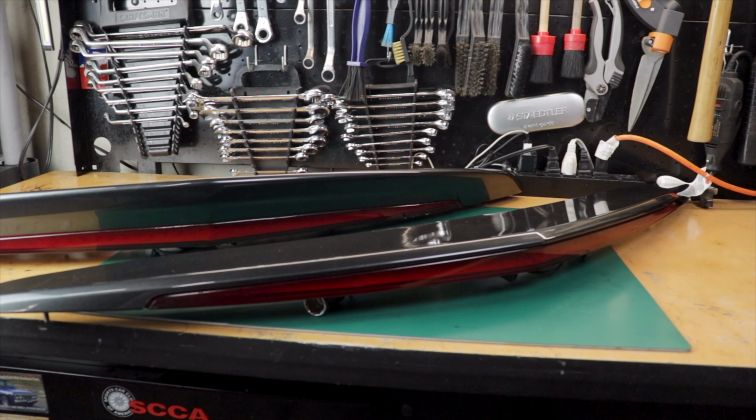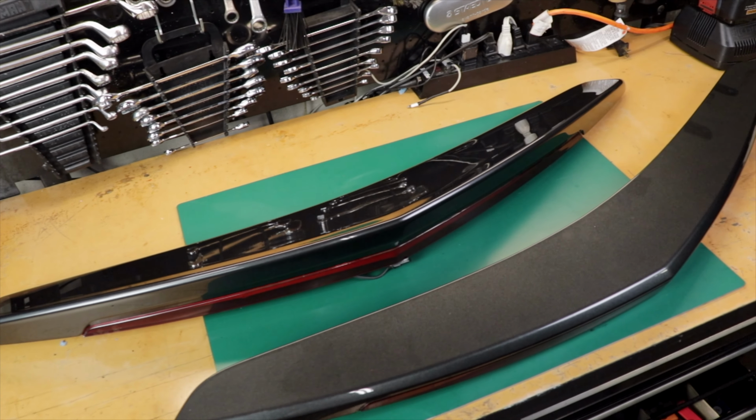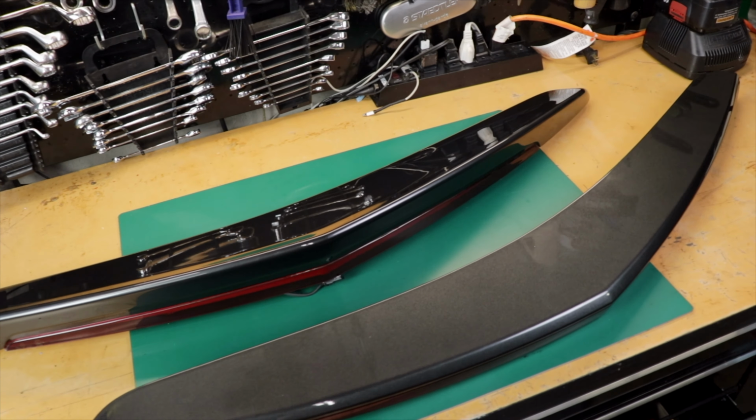Let's take a look at our 2 parts. Obviously one is really flat and the other one has a nice blade shape to it. There's definitely a difference, but otherwise they're paint matched really well. On the back side, you'll see there are some